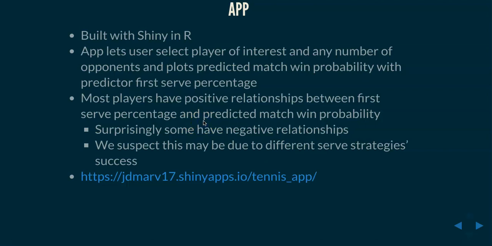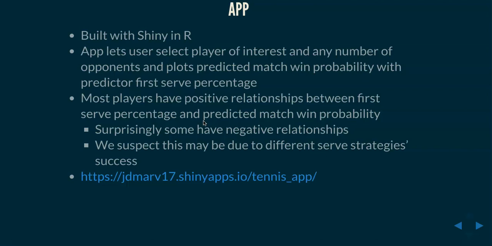So for most players, we found they had a positive relationship between first serve percentage and predicted match win probability, but some players had a negative relationship. And while we didn't have enough time to conclusively say why this is, we suspect that this may be due to different players having different serve strategies that have different rates of success. So one theory we have is that